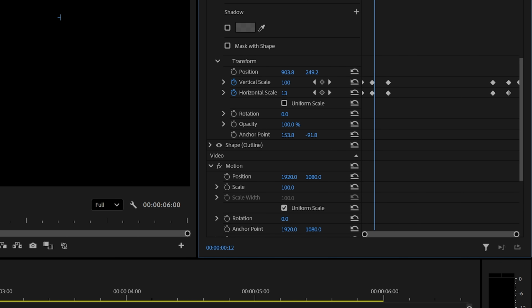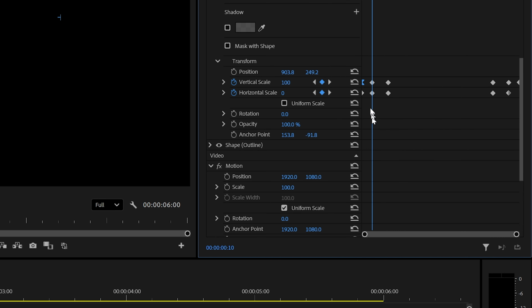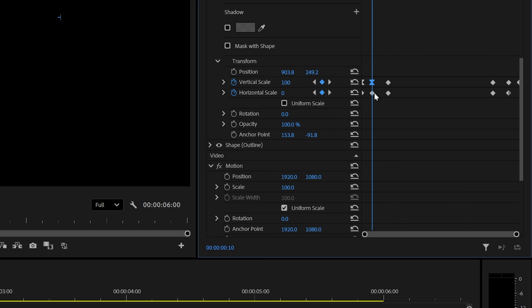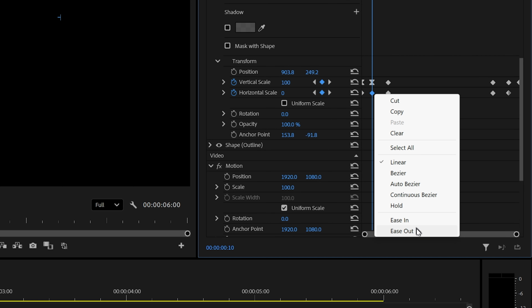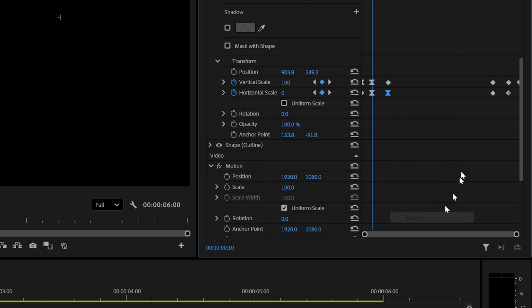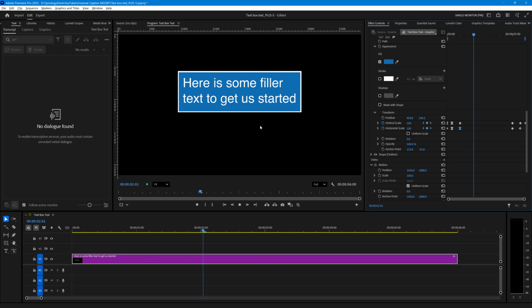So if I just go back to check what's happening here, I can ease that one out, I can ease that one in, I can ease that one out, and I can ease that one in. And now if I just press the space bar, you can see that that is a much more natural